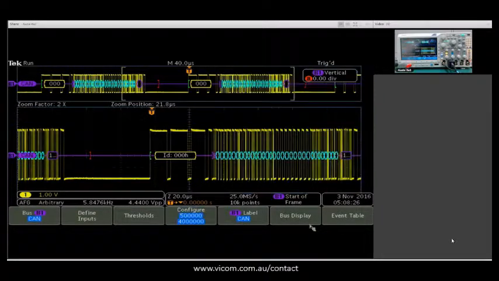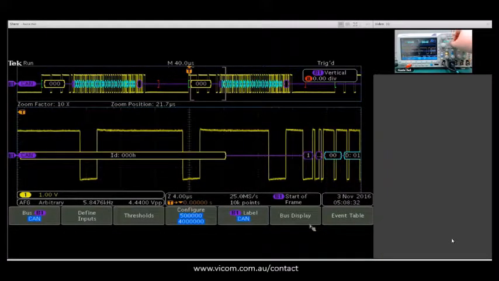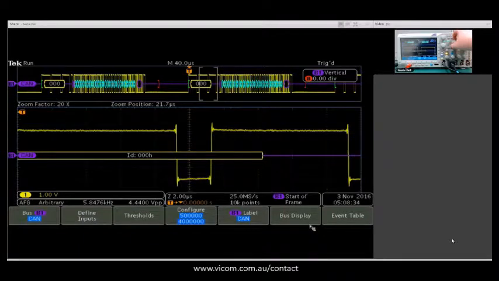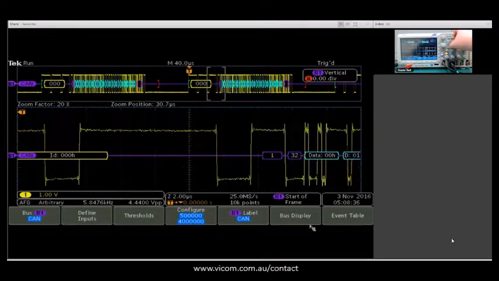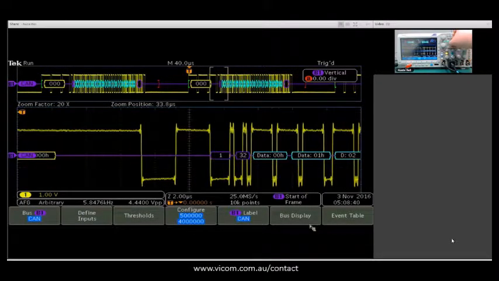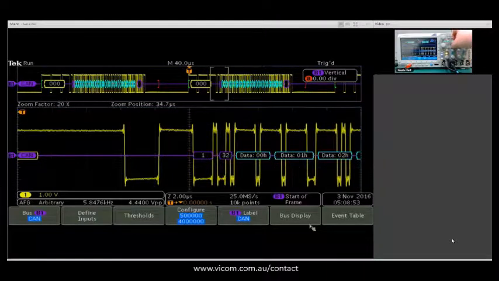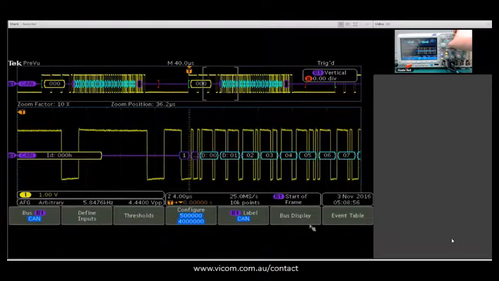Moving into the actual decode, if we use our pan and zoom knob, we can zoom in on individual portions of the decode, and we can see both the DLC and the BRS bits, which just tell us that we are in CAN-FD mode and how many bytes that we are transferring. We can see 32 here, and if I zoom out a bit and scan through, we have 32 individual bytes